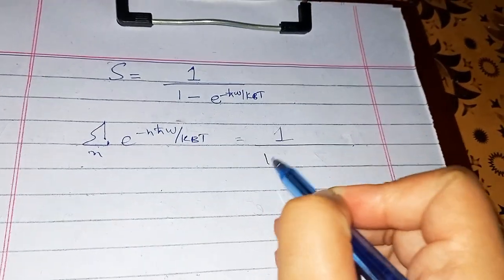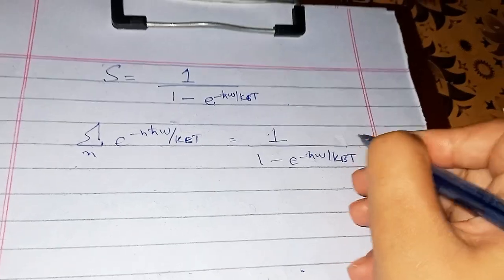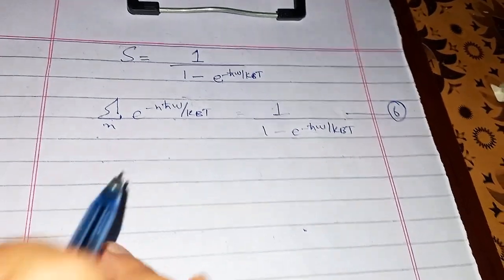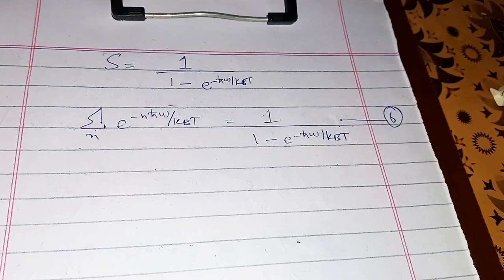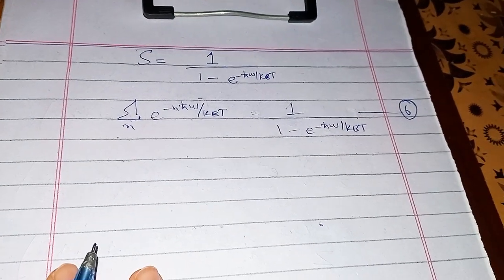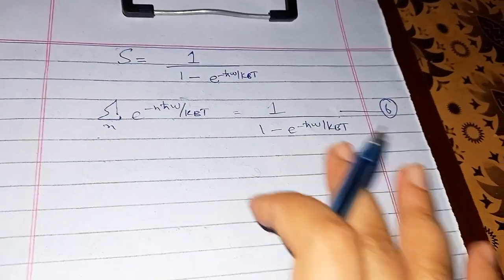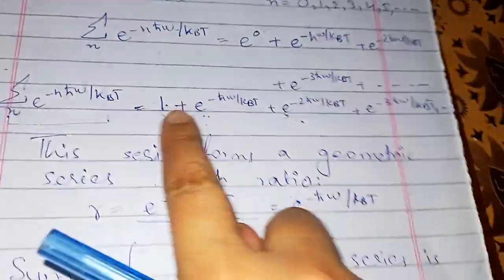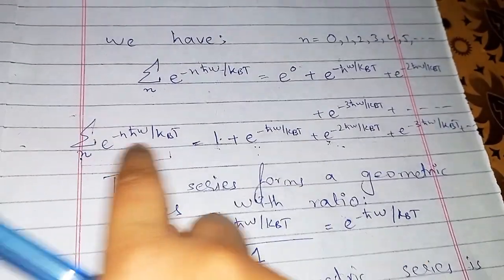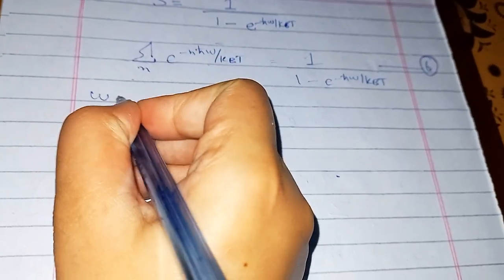Alright, now let's calculate. Let me call it 6. Okay, now let's calculate the second sum, and for that purpose I am going to recall this. I'm rewriting it. This same series I'm rewriting here, its expansion. We had